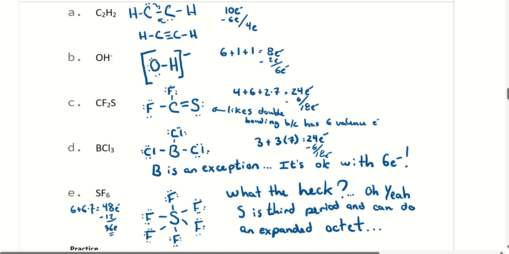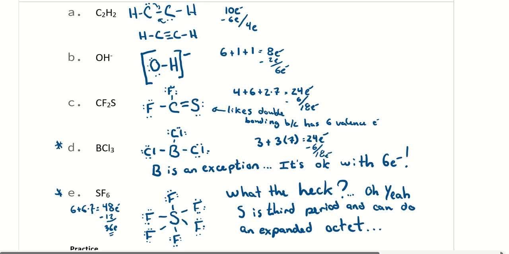Well, I hope that you paused it and that you tried it. And these are the different structures. Notice that I have an ion for B, so I put it in the brackets. For D and E, they were exceptions in the sense that they had expanded octets for sulfur, and boron